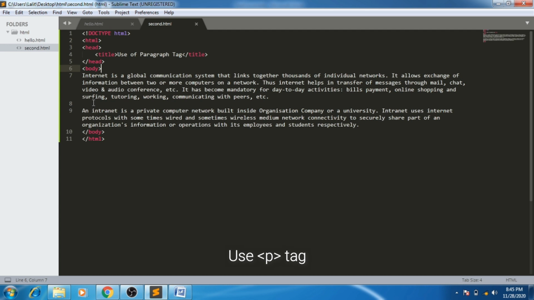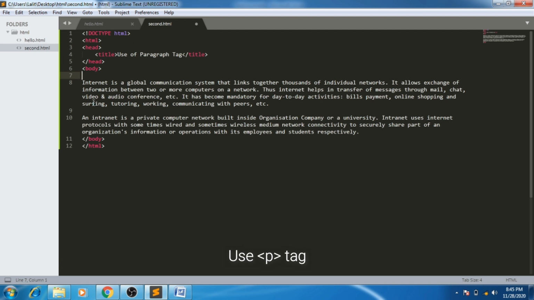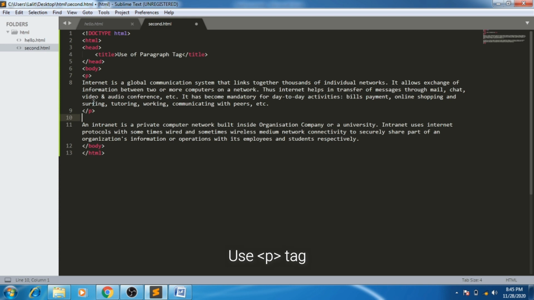Before the first paragraph, I am going to write opening p tag, and at the end of first paragraph I am going to write closing p tag. We will say from here to here it is the first paragraph.